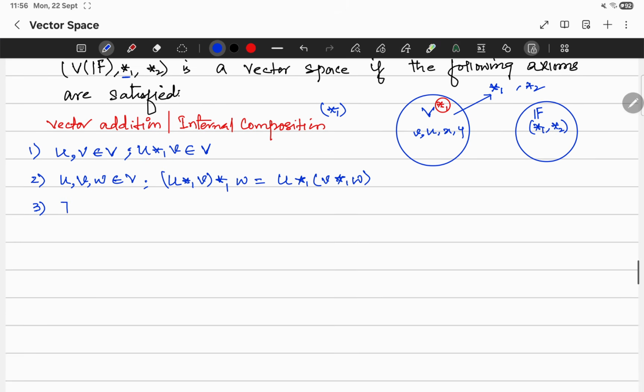So that means there should be one element, we denote E or you can denote it with the 0 in V, such that A star 1 E should be A, that should be E star 1 A, okay, or you can write 0, instead of E you can also write 0 because we call this identity